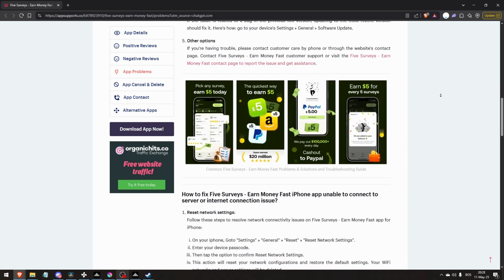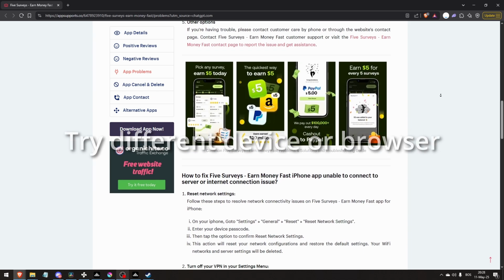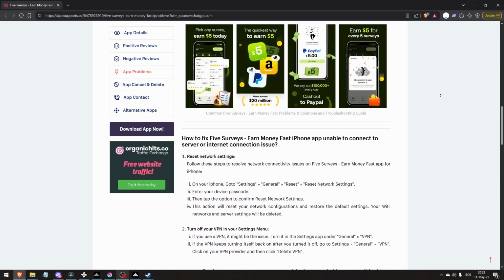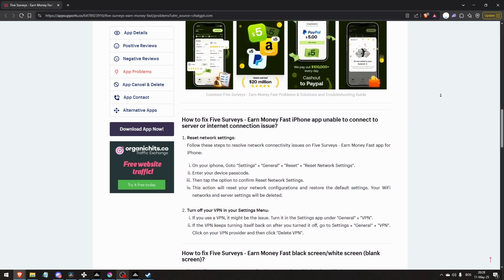And last, try a different device or browser. If possible, access 5 Surveys from a different device or use a different browser to determine if the issue is